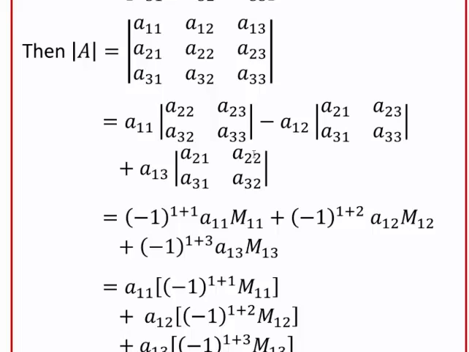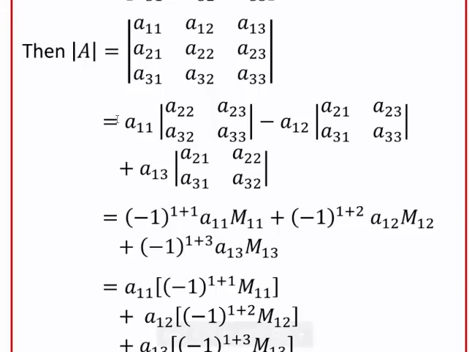Suppose we have to find the determinant of a matrix of size 4 by 4. First of all, we write the elements in the first row A11, A12, A13, A14. Then in front of these elements we write the signs plus, minus, plus, and again minus. The fourth term has a minus symbol.